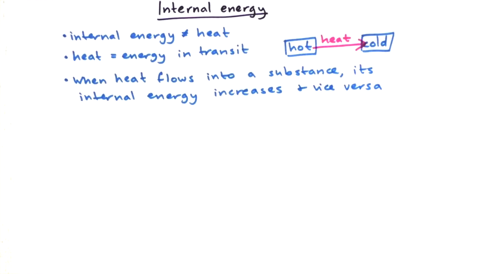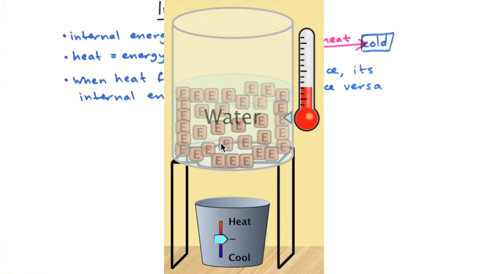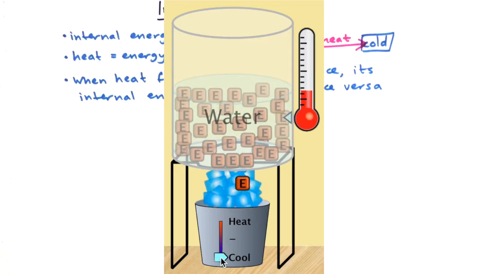Maybe you're finding this a little difficult to picture, so let's use a simulation to help us imagine how this looks. Here we have a glass of water at room temperature, and we're going to see what happens to its internal energy when we cool it down or heat it up. You can see the thermometer is at this level, and we can see all the internal energy represented by these little E's. First of all, if we cool down this water, we see that the internal energy is leaving the water